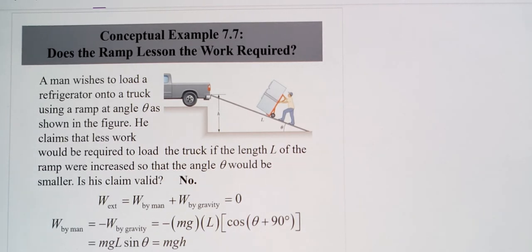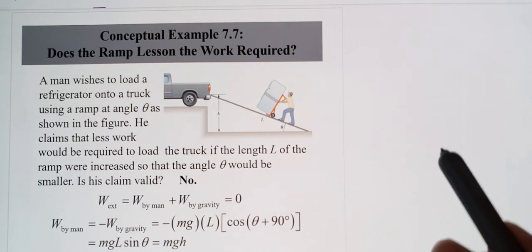Of course, the answer is no. Because when we talk about conservative forces, by definition, a conservative force does not depend on the path. Conservative force does not depend on the path. For example,